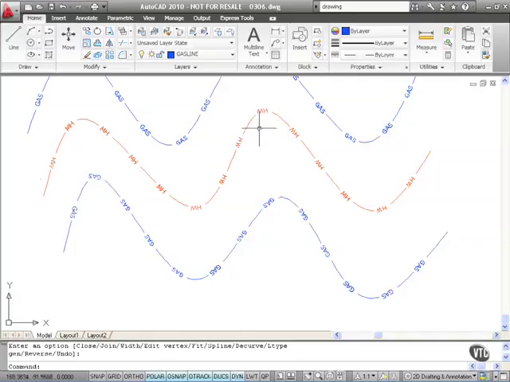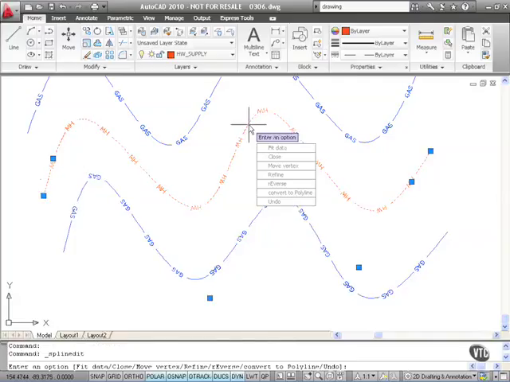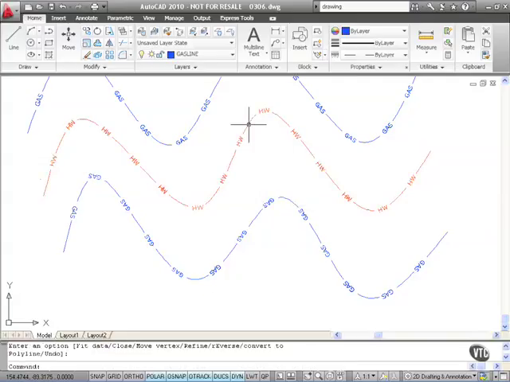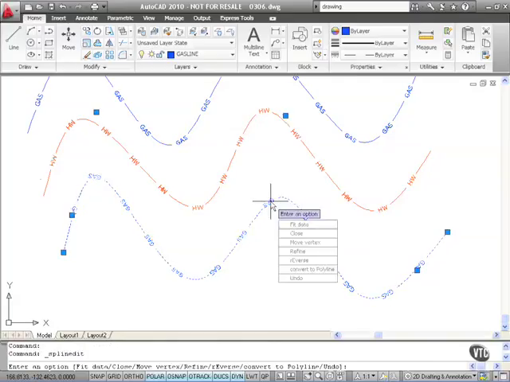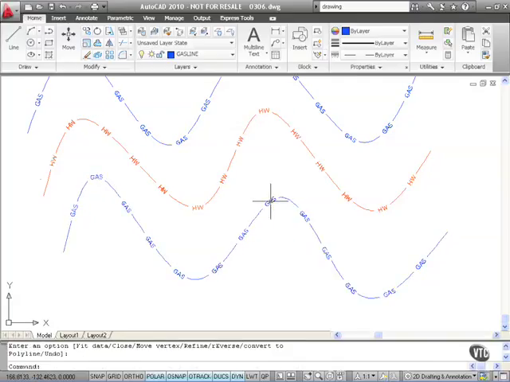Again though, it's just a double click on the actual spline itself. We go into spline edit mode, we select reverse, we press enter, and as you can see, HW now is the right way up and the right way round. Do the same with the gas spline, double click, reverse, press enter to confirm, and as you can see, they've